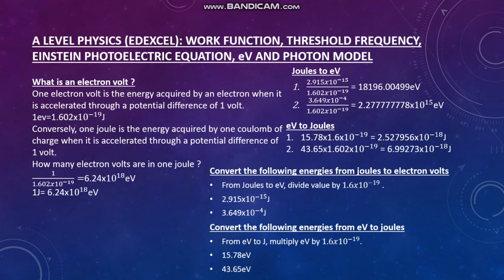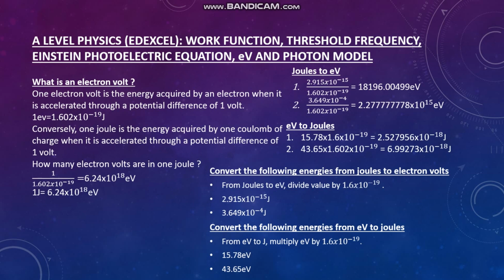18196.00499 electron volts. And the same procedure applies for the second one. So we do 3.649 times 10 to the minus 4, and we divide it by 1.602 times 10 to the minus 19, which gives us an answer of 2.27 recurring times 10 to the 15